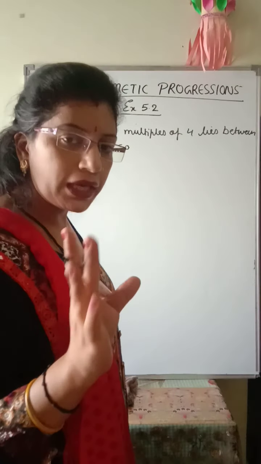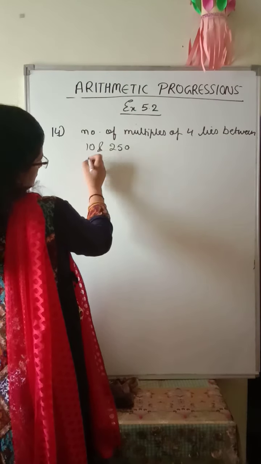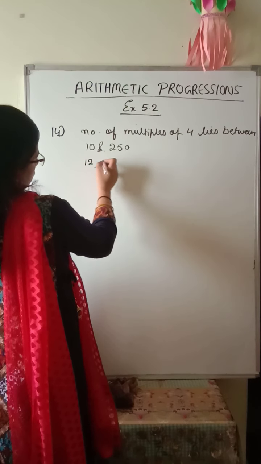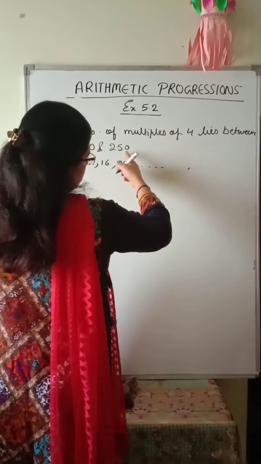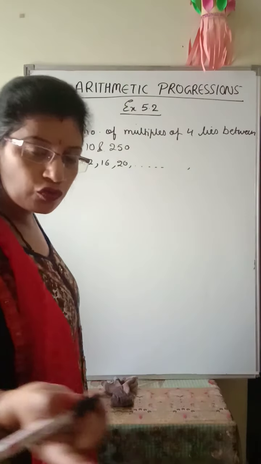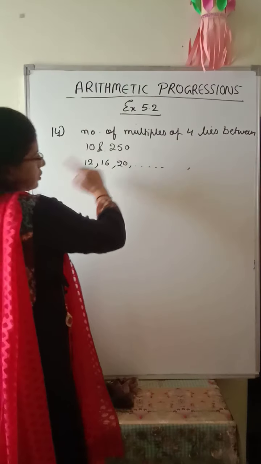तो लेट अस फॉर्म अ एपी फर्स्ट. ठीक है, तो फर्स्ट टर्म क्या होगा एपी का? 10 से बड़ा, तो 4 3s are 12, 4 4s are 16, 4 5s are 20 अप टू सो ऑन. लेकिन लास्ट टर्म 250 नहीं होगा. लास्ट टर्म कितना होगा? 250 से छोटा ही होगा. इट शुड नॉट बी ग्रेटर देन 250. तो 250 4 से डिविजिबल नहीं है.